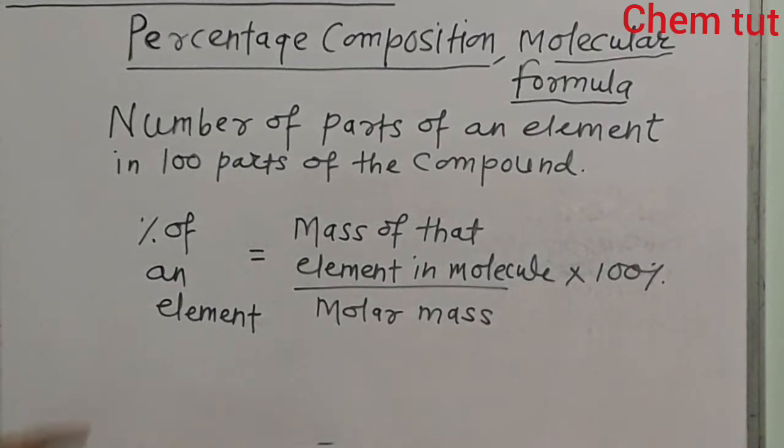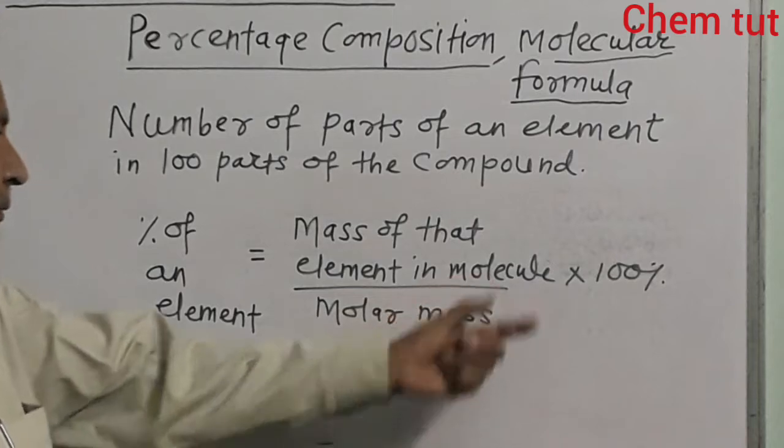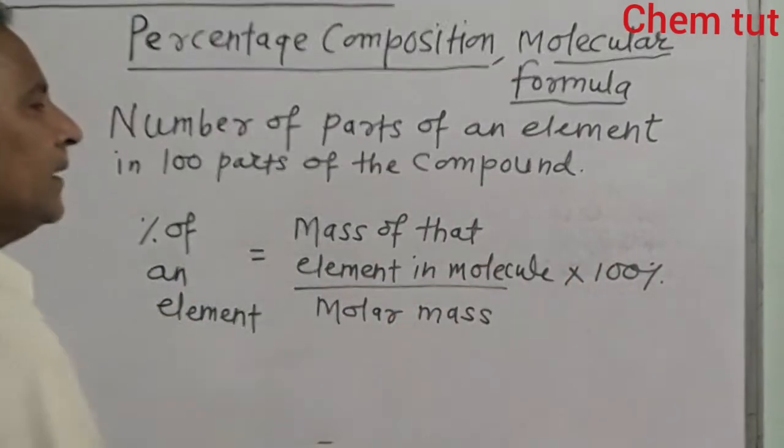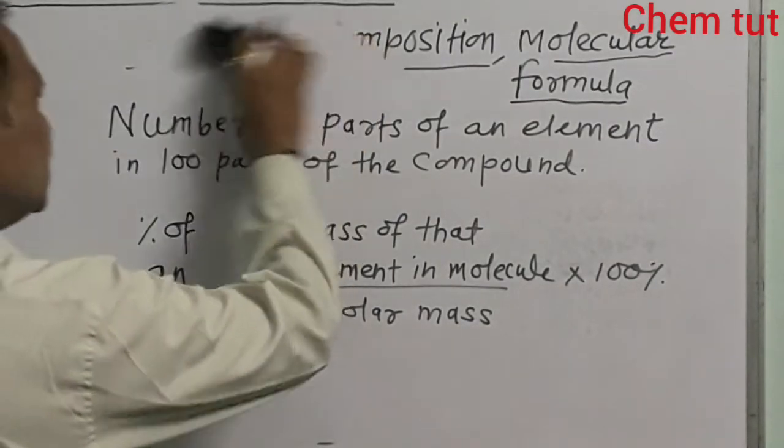So the formula is: percentage of an element is equal to mass of that element in the molecule divided by molar mass of the molecule, multiplied by 100. Now, if this formula is applied, we can easily calculate the percentage of any element. Now, if the example given is like this,